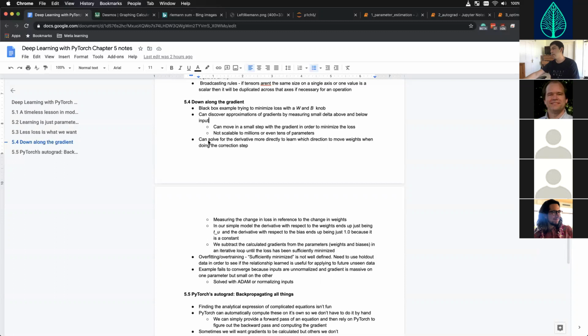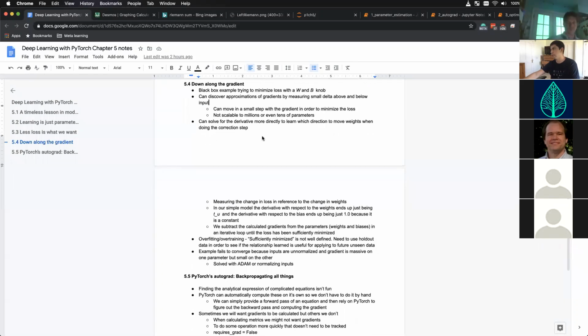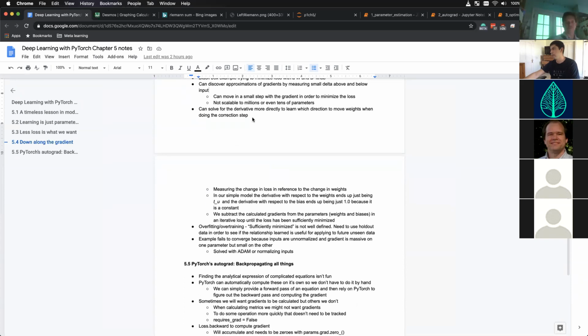And so the second option we have is directly solving for the derivative. So what this is doing is some approximation. It's basically saying if we just look at some small delta, we can figure out what the slope of this loss function is with respect to our parameters. But alternately, we could directly solve for the derivatives, so then we have the exact solution rather than